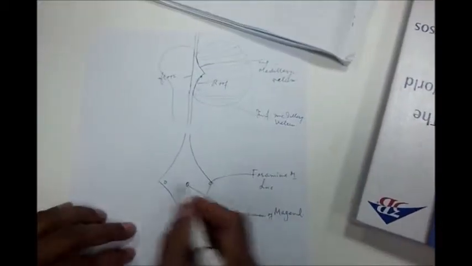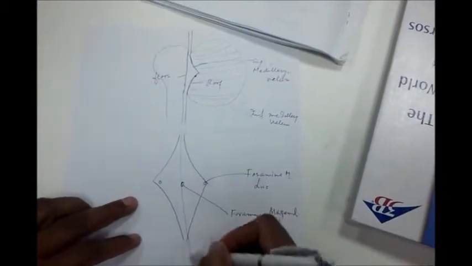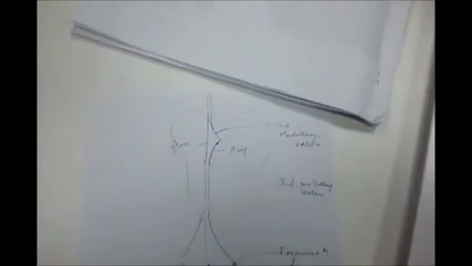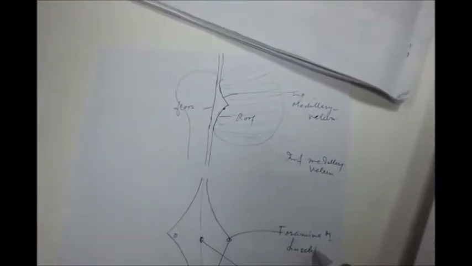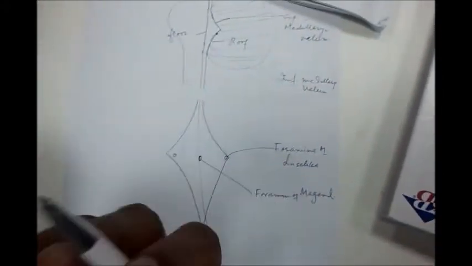Here below, on the sides. In this picture we cannot make out the sides, because this is a sagittal section. We are making this section from this line, therefore we can have the midline opening over here, but not the foramina of Luschka. From here the fluid will come out.